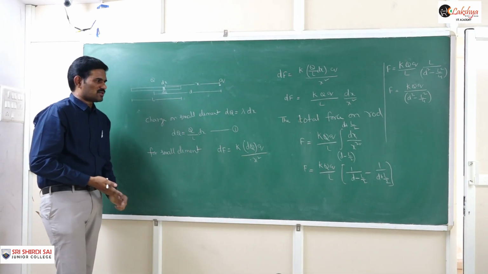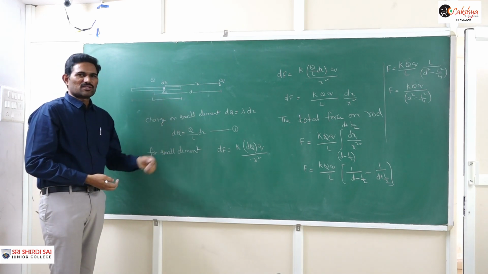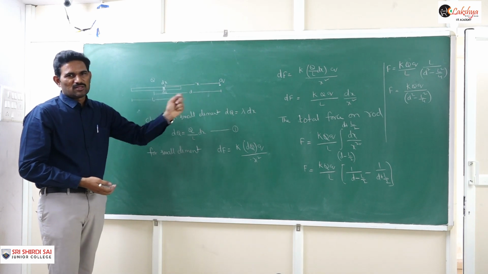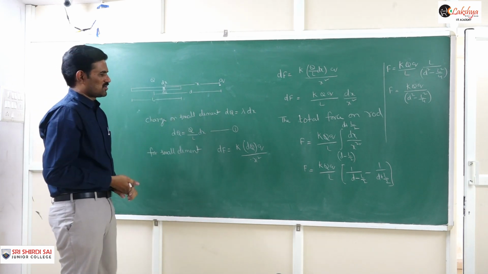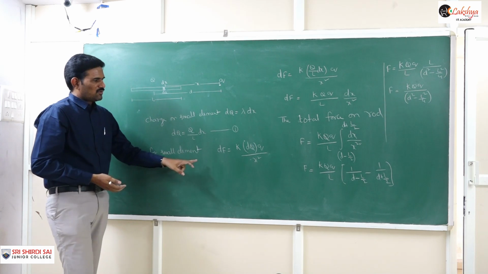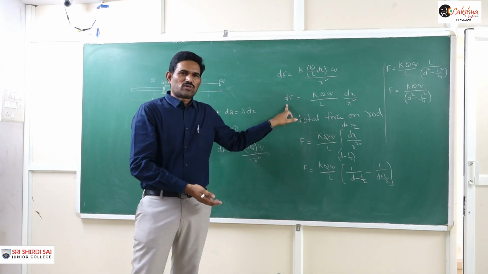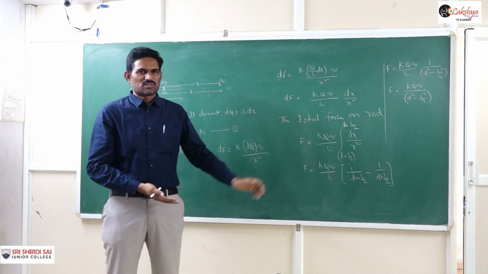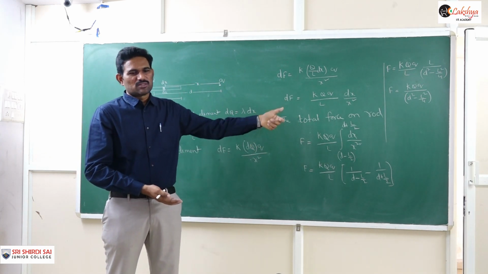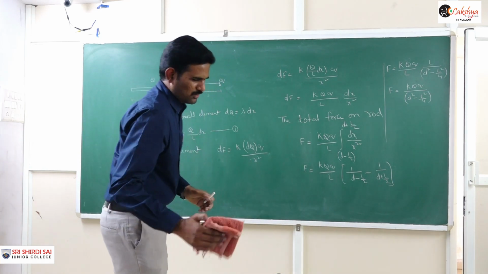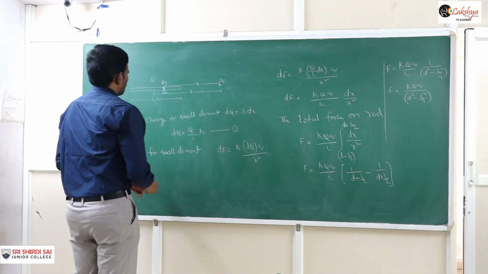For a continuous charge distribution, first you need to take a small element like this, and then apply Coulomb's law between that small element and the point charge. Then we will get some expression like this. After this, to find the total force we need to integrate that. Just by doing the integration with the proper limits, you can calculate the total force between those two objects. So let us see one more example here.